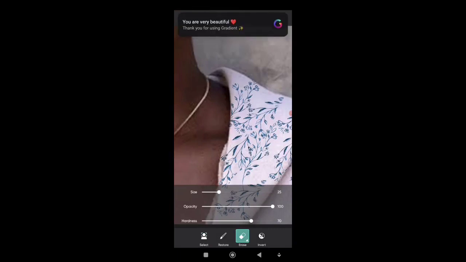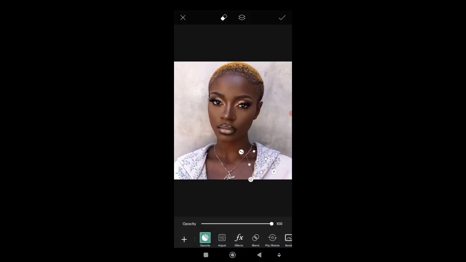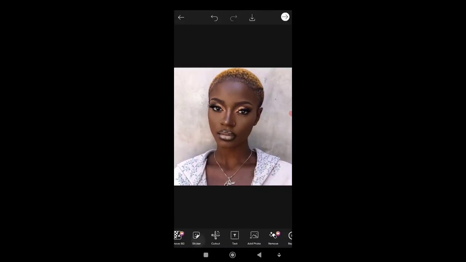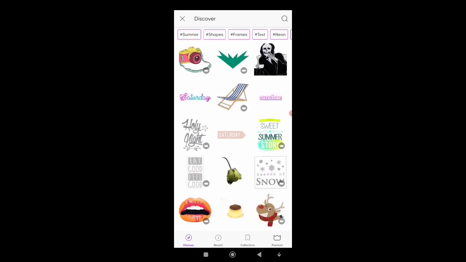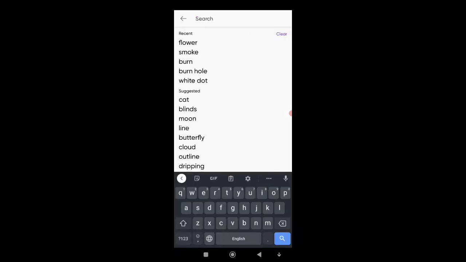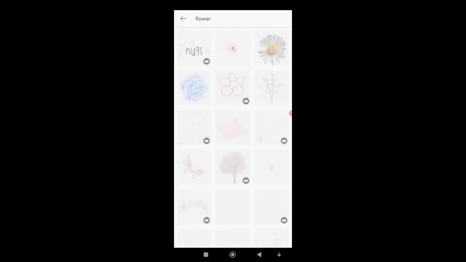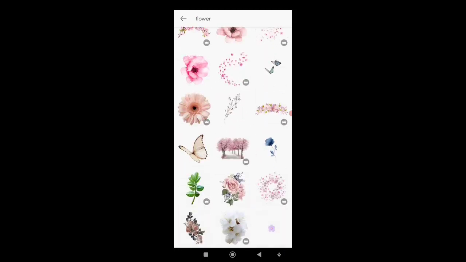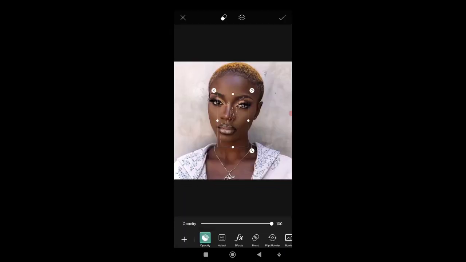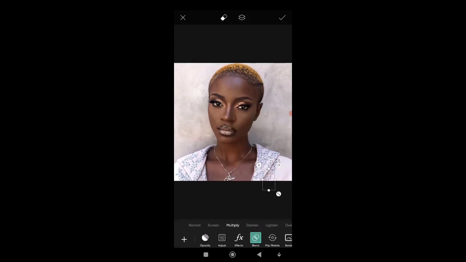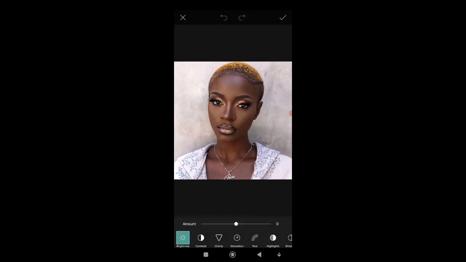And boom. It's all good. So I'll just tap here, come back to sticker, ask for the same flower until I get what I want. I won't stop. So I'm just going to tap on it again, decrease the size, bring it to this place, come to blend, tap on multiply, then go to adjust, bring down